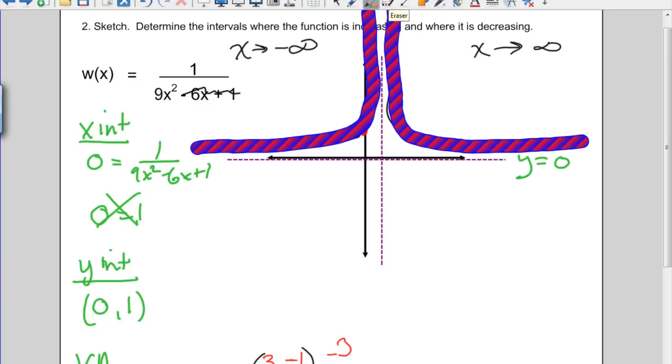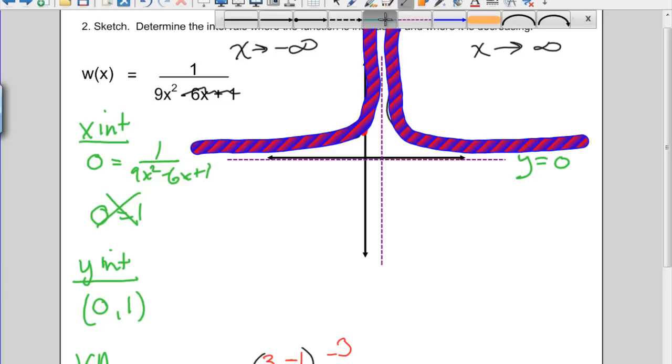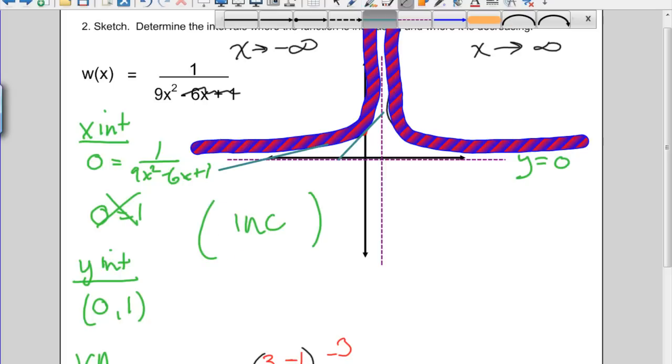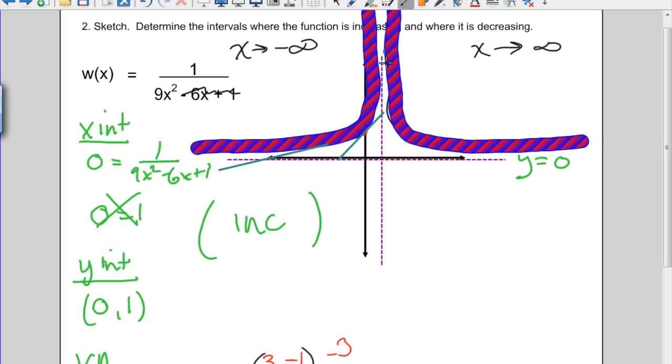Once again, we can talk about the slopes. If I take a point right about here and I draw a tangent line, the slope is definitely positive, and I notice the slope's getting steeper. When that occurs, the slope is increasing in this interval. If I look at the next interval, I have a steep negative slope, like negative 10,